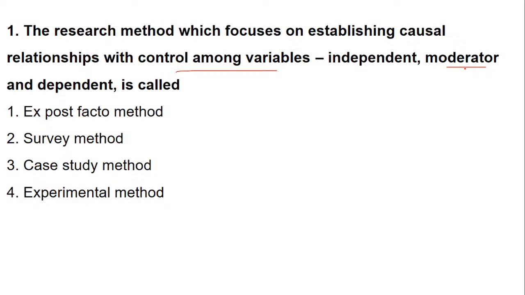Sassy, just read the question very carefully first. Do not jump to a conclusion that this method is wrong. The same habit you inculcate in your final examinations also. So you need to take time first to read the question and then come to the answer. The question is talking about the research method which is focusing on variables, that is the relationship among the variables, independent, moderator and dependent. So it is indicated in which of the following methods.